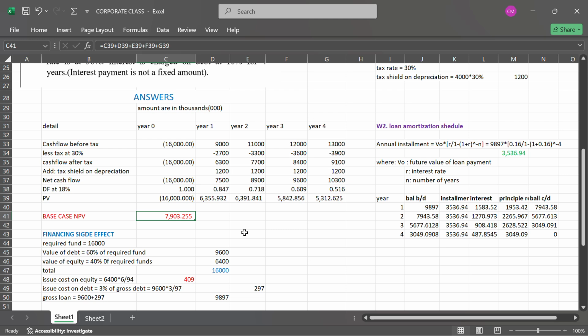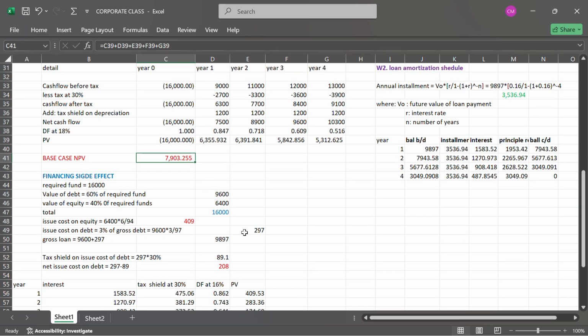So this is part one of computing adjusted present value. So the next step or part of computing this adjusted present value is to compute the financing side effect. Okay, financing side effect of the